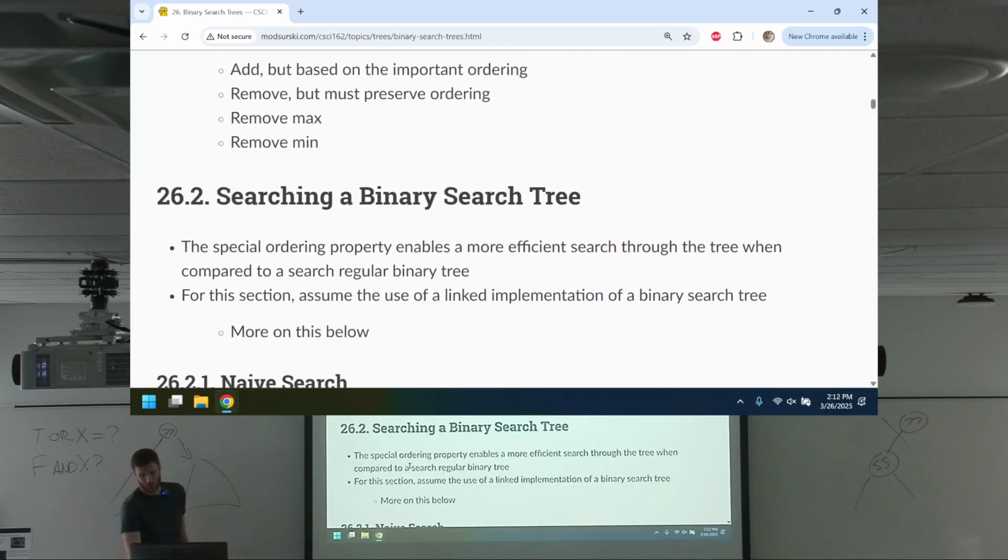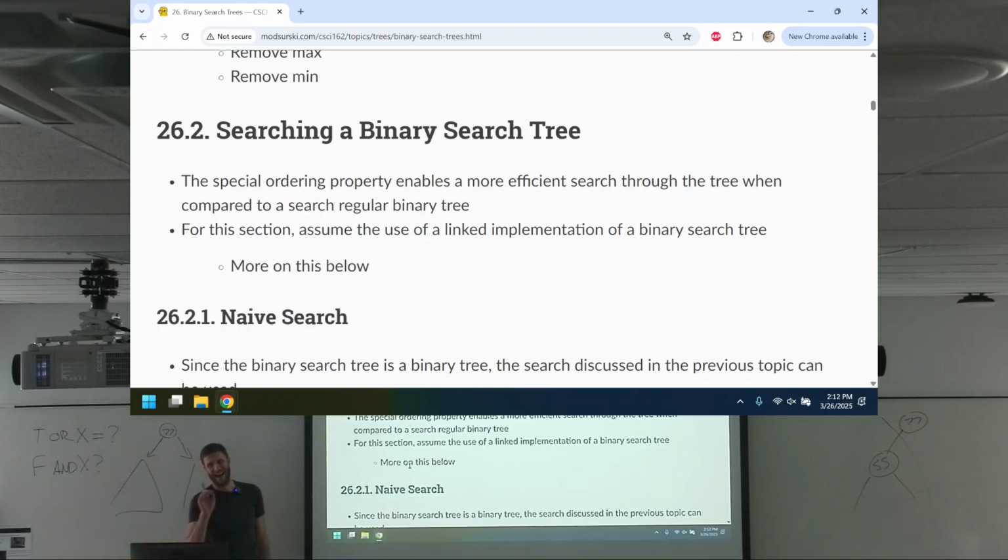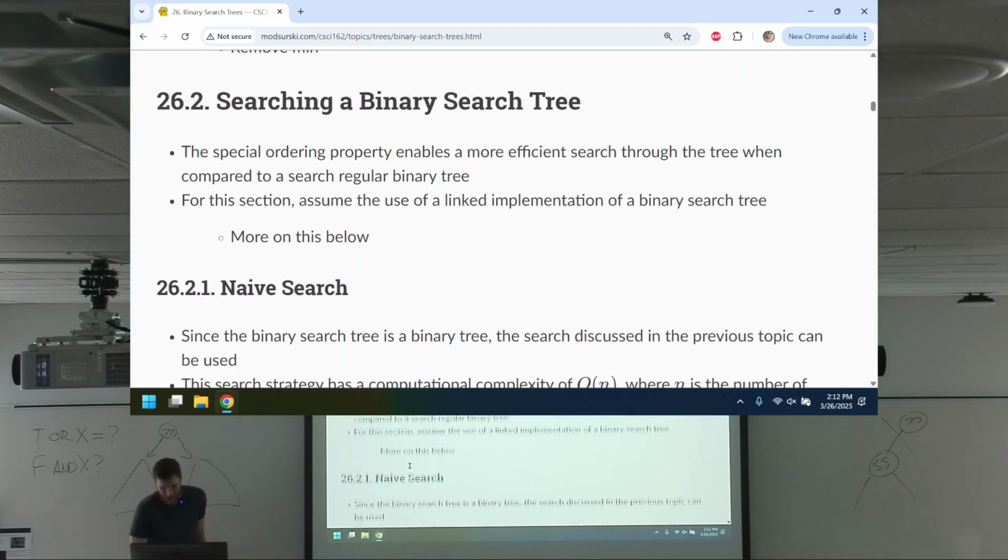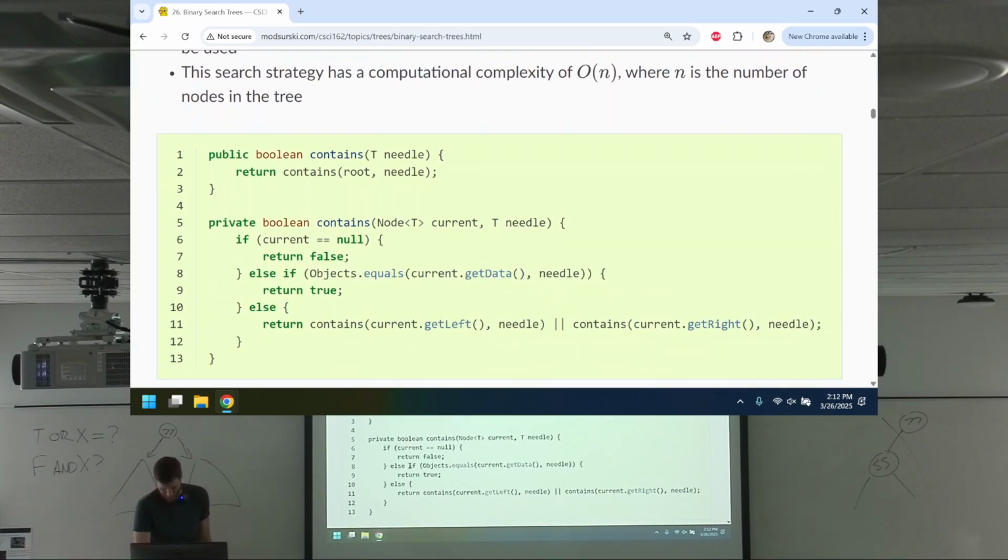Okay, so searching a binary search tree. I want to find a number. Is the node null? No. If it's what I'm looking for, found. Otherwise, look at the left, look at the right. However,